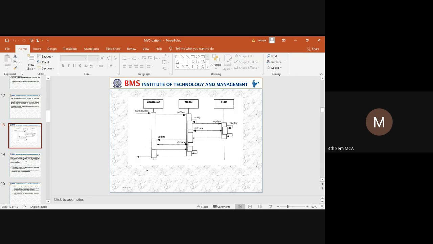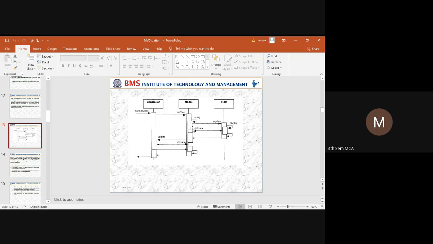So here is a diagram of how we represent the event. The controller will be invoked, and it handles the event. Once that event is handled, the service is requested from the model. When the service request has been accepted, the model notifies through its functionalities.